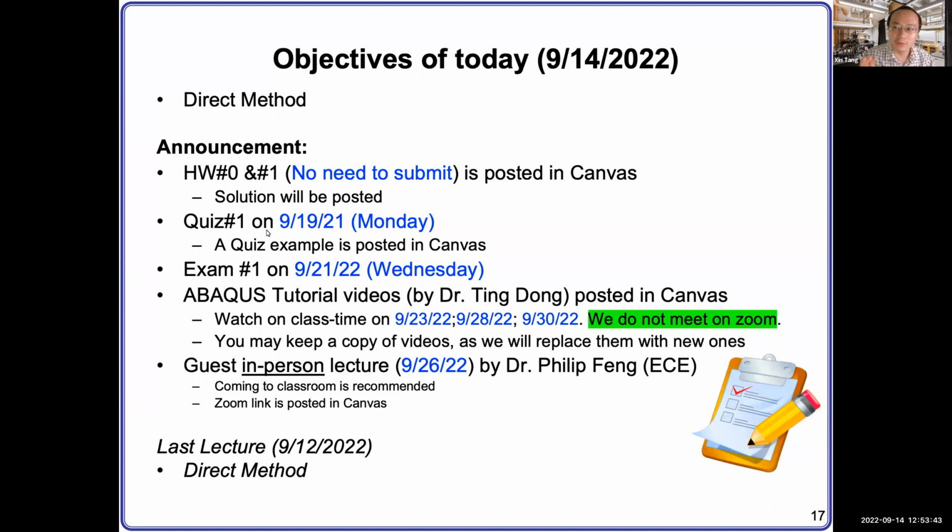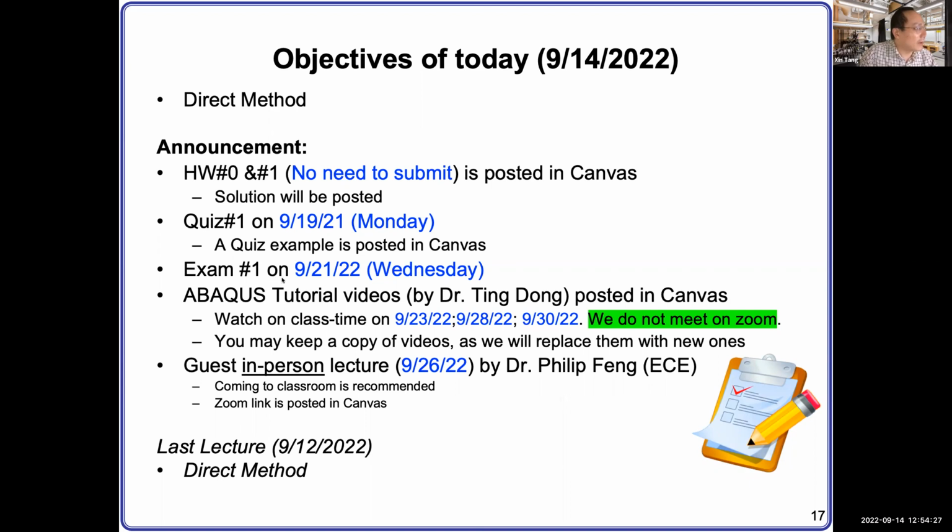Make sure that you follow my suggestion, and also remember the 5 times policy, right? We mentioned the 5 times policy that Professor Mark Shablick recommended. If you review those materials 5 times, then your brain will be strengthened, and you understand those things better. So the quiz should be no problem for you. I uploaded a quiz example that is for mathematics. Our quiz 1 will be on the direct method, so we will have a 1D spring-connected simple format. You can go through the examples we discussed in the class, and once you can do that, it should be okay. So that's quiz 1.